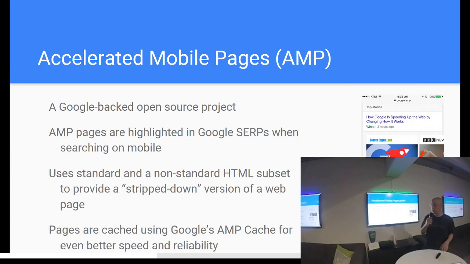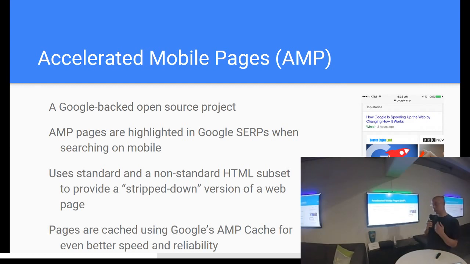And so what the accelerated mobile pages do, they use HTML, but then they also use a subset of HTML that Google has developed that's very similar in the markup and the style, but it's a stripped down version of an HTML page. It strips out all the unnecessary scripts and a lot of the fluff that you generally have on a web page, just to make it as small as possible, to get it as fast as possible on a mobile device.